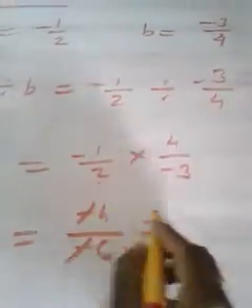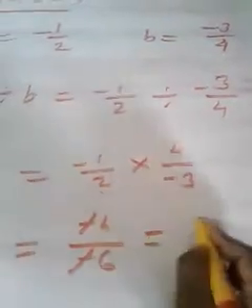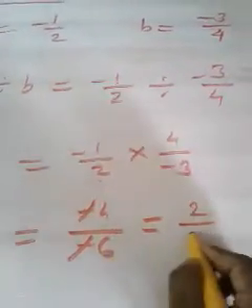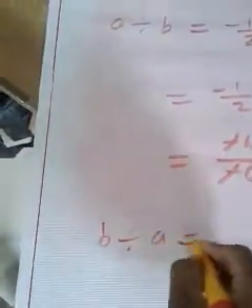When you reduce by 2, in 4 how many 2? 2. In 6 how many 2? 3. Answer is 2 by 3. You may have understood. And now we select B divided by A. Why are we selecting B divided by A? Because whenever we are calculating A divided by B, we need B divided by A, because the operation is commutativity.